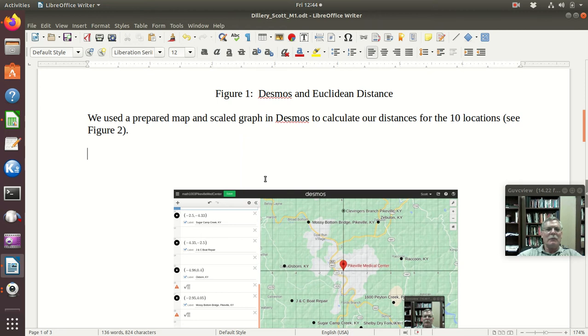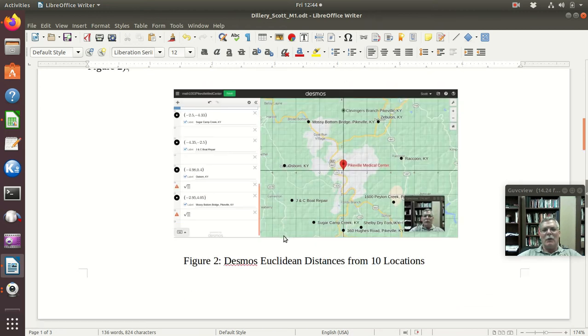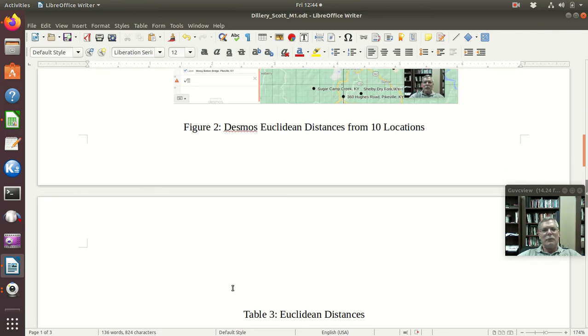Oh, and look at that. It's up on that page now. So there we go. And here I can say the resulting Euclidean distances are given in Table 3.